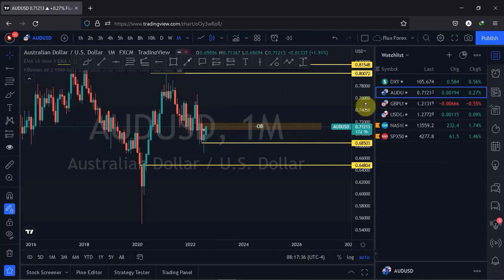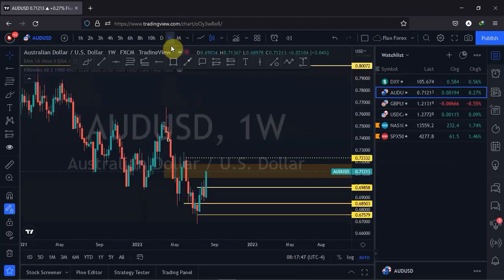Because most of the times when the dollar index is strong and we are seeing a bullish sentiment too on the Aussie dollar, definitely we are not going to see any significant movement on the market. So I wouldn't be surprised if we start seeing a little bit of consolidation within this range, until it lines up with the dollar index. So going into next week, I'll be very watchful on this market.